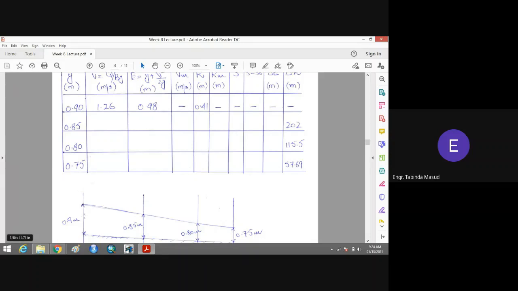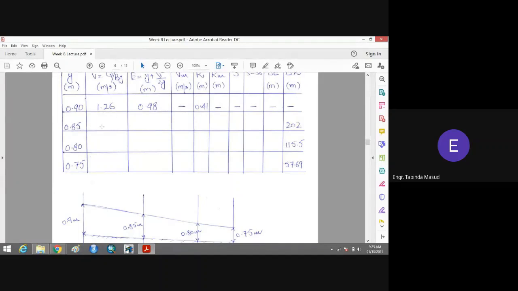If you have two sections, that is section 1.1 and section 2.2, then you can find the mean velocity. But here this is a single section, so we can't find the mean velocity. Then we will find hydraulic radius, but we cannot find the mean hydraulic radius. We cannot find the slope of the energy line, because for the slope of the energy line we need mean velocity and mean hydraulic radius. And so you cannot find all these terms.